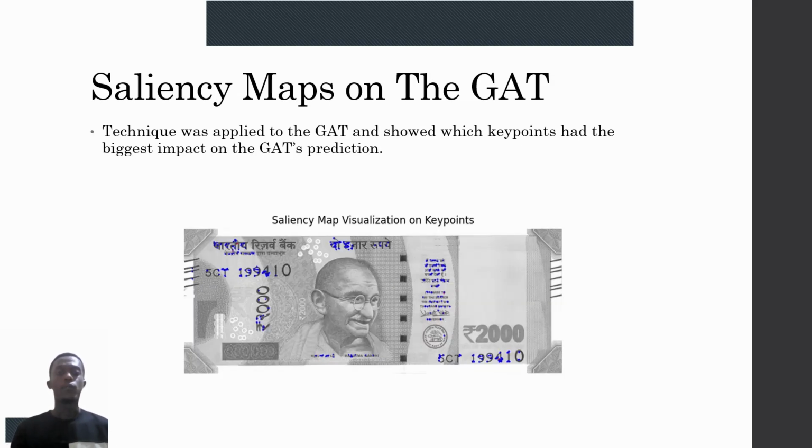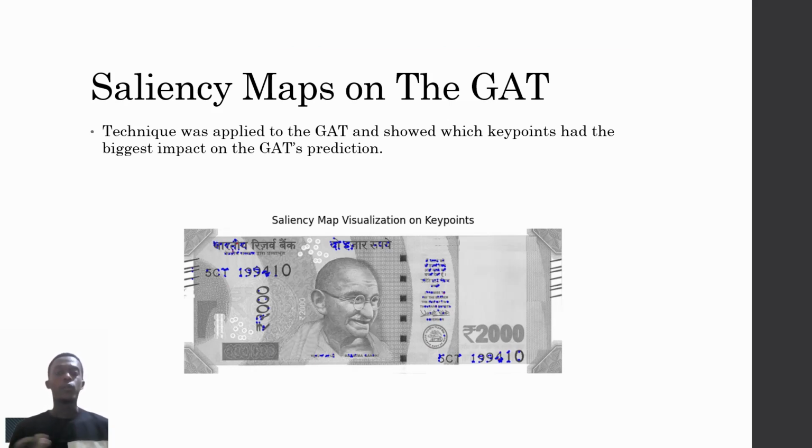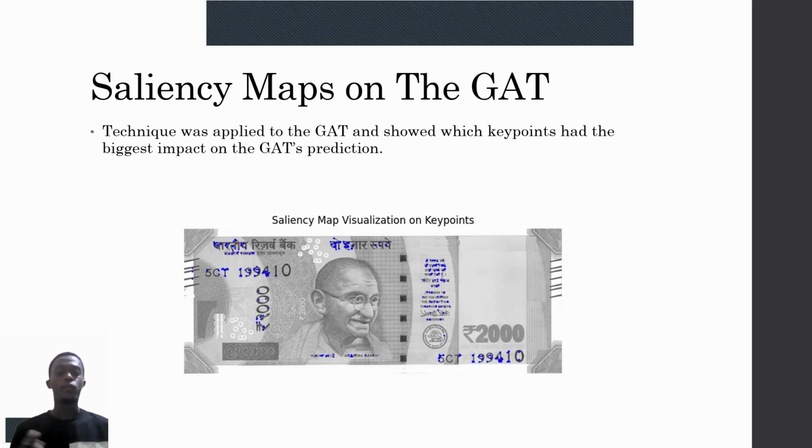Then we also applied saliency maps, and you could think of them as the ones that consider input pixels, or you could also think of them as input features, and they are considered as salience maps or key points and highlighted. They show us the contribution of the key points, and they are able to ascertain the biggest impact of each key point on the model's prediction, in this case the GAT. So they were all highlighted in blue, as you could see. So the more impact of each pixel on the prediction of the GAT, the more salient the pixel or the input